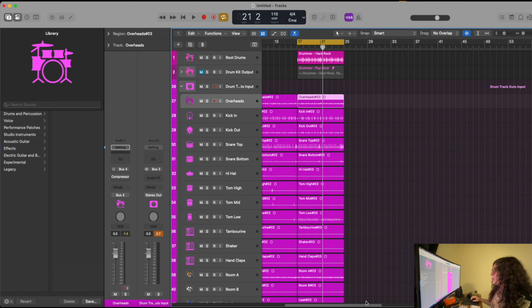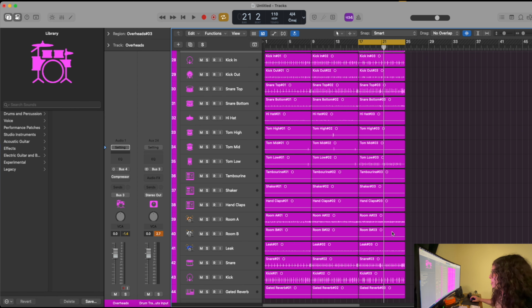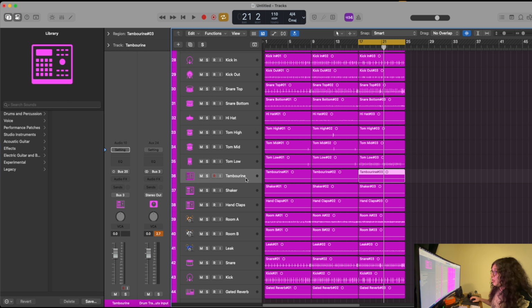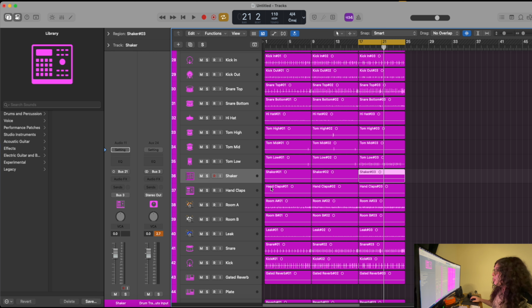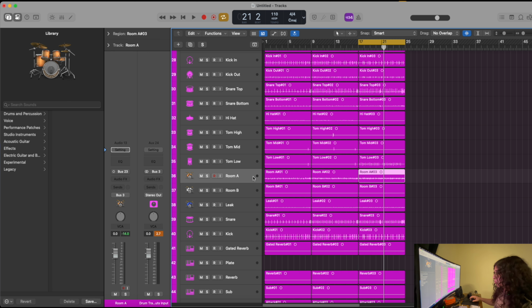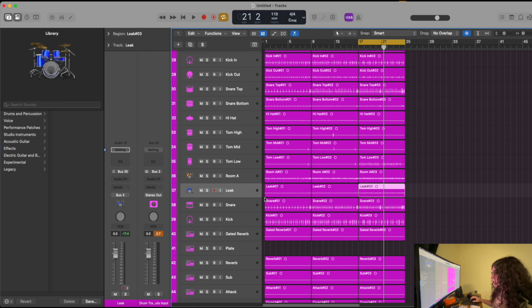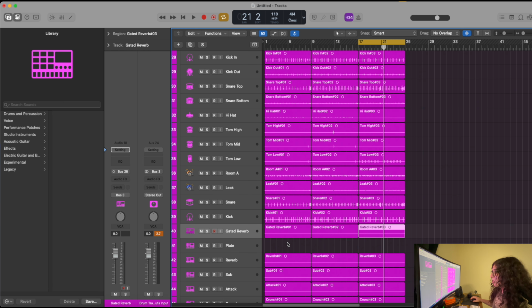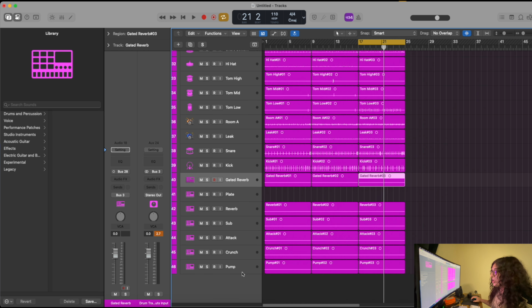Now from here, you're going to notice that there are some tracks that aren't being used. For example, the tambourine track isn't being used. I feel like we can go ahead and remove that. If shakers aren't being used, then we can remove the shakers as well. If hand claps aren't being used, remove that so that way we can save CPU. Room B isn't being used as well, and neither are any of the gated reverbs or these,